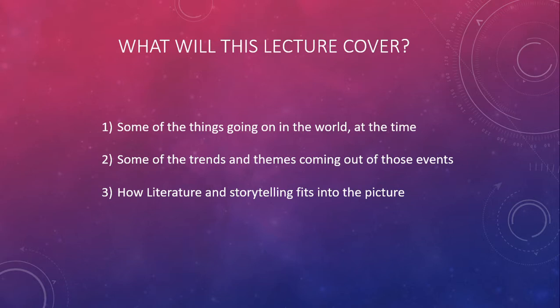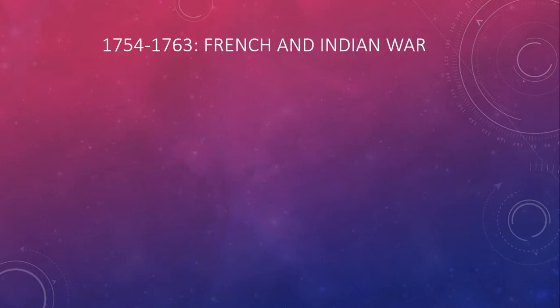So I'm just going to dive in and talk about what's going on in the world, and I'm just going to give you the Spark Notes versions of some of the most important events. This is just so you can get a sense of just how chaotic and important this period is. So, first main event. From 1754 to 1763, there was the French and Indian War. Do not be fooled by the name. This conflict was actually between the British colonies and the French colonies in the territories that include the present-day United